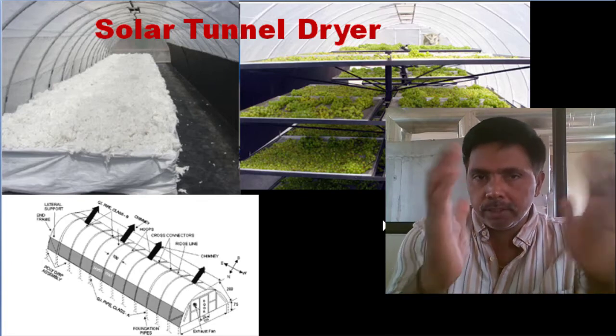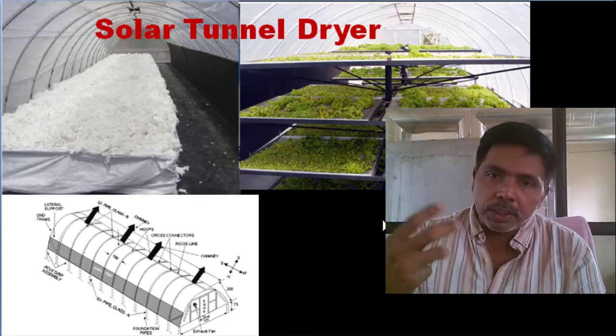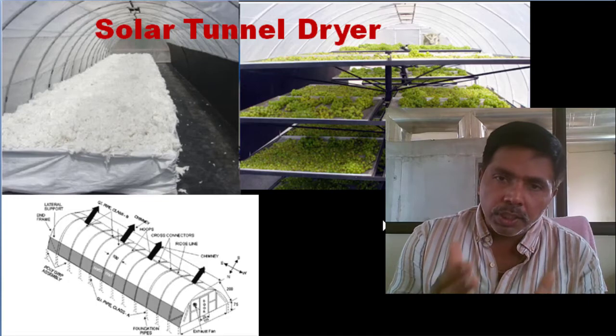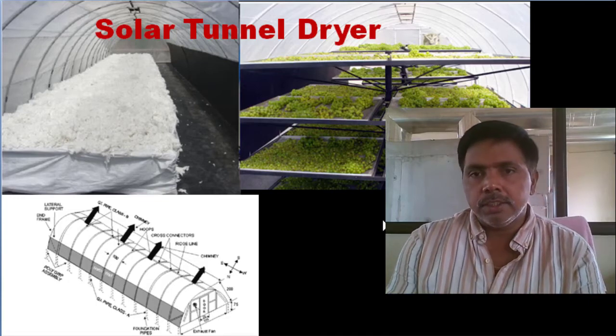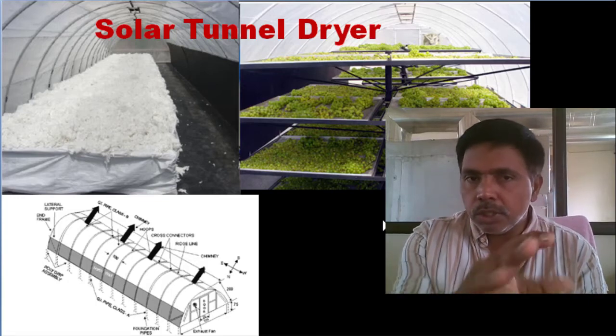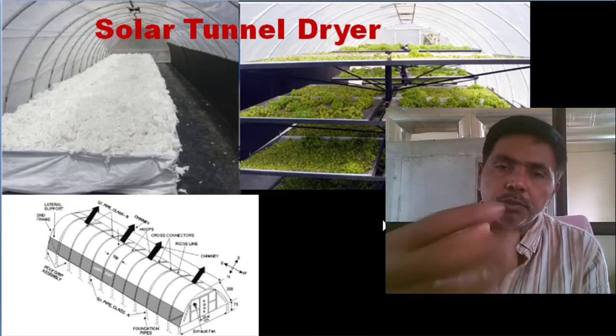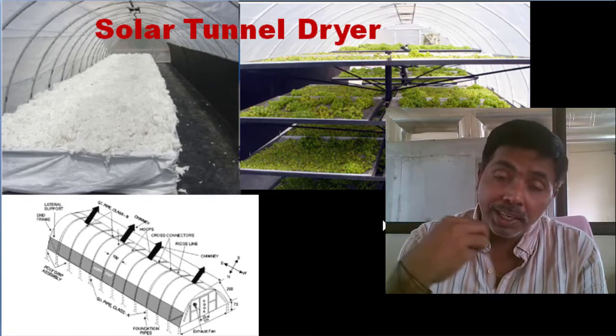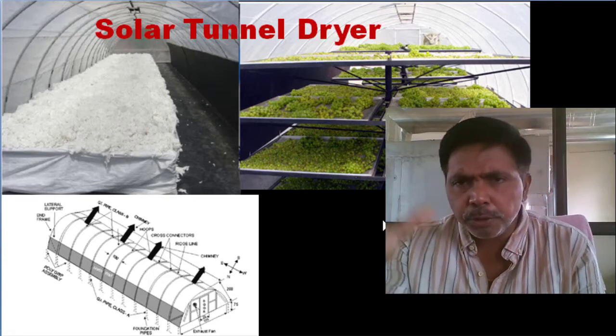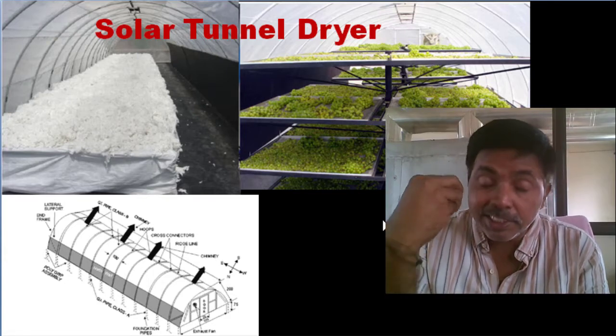This is a tunnel dryer. Means the product value is low and removal time is not a constraint. Within 1 day we want to dry means in a tunnel dryer it is not possible. But for 4 days, 5 days there is no issue, especially for cotton drying, general granules drying or red chili drying.